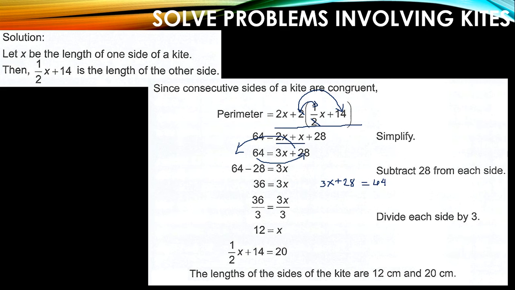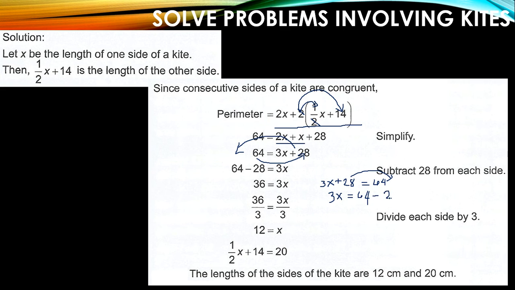The left side should have variables only, or numbers with variables, and the right side numbers only. The only thing we transfer to the right is 28. On the left there is nothing to transfer, so what remains is 3x equals 64